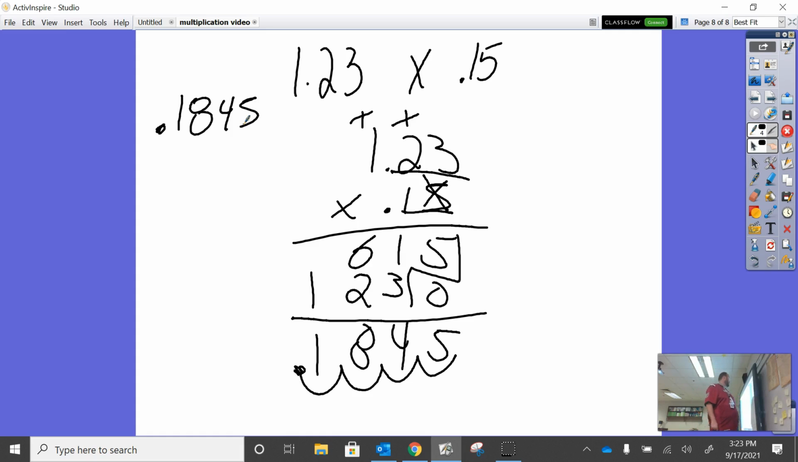All right. So there's really nothing to it, guys. The modeling and the decimals in general are all really the same. We're going to work on more of this in the classroom,